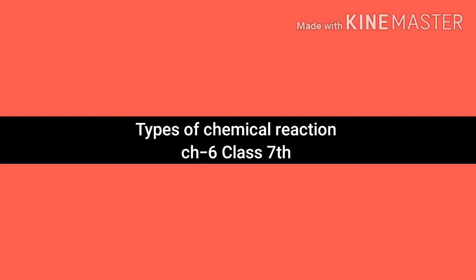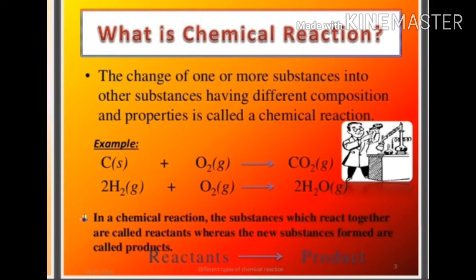Types of chemical reaction, Chapter 6, Class 7. What is a chemical reaction? Chemical reaction: the change of one or more substances into other substances having different composition and property. So this is called a chemical reaction. It means in a chemical reaction, one or more substances change and produce new substances which have different composition as well as property. Examples you can see: